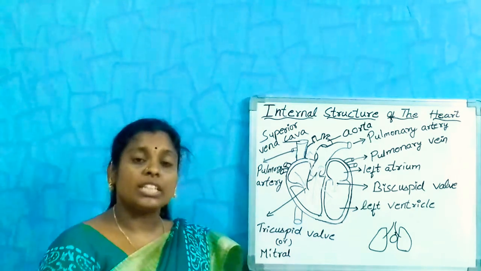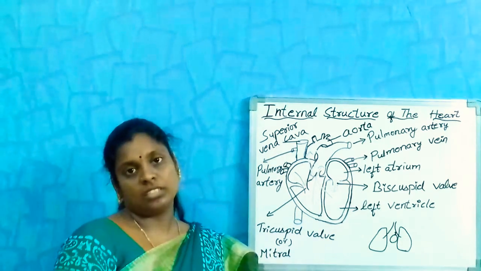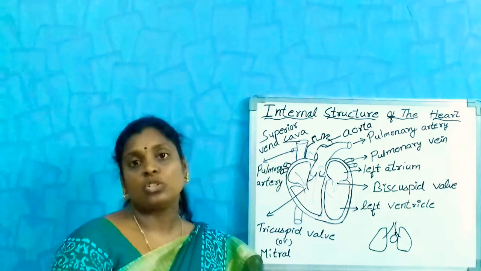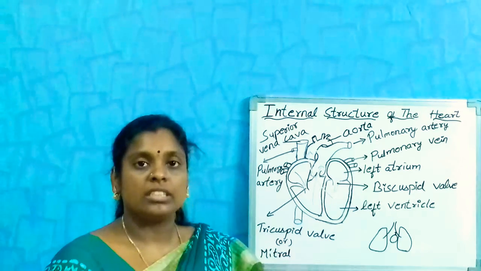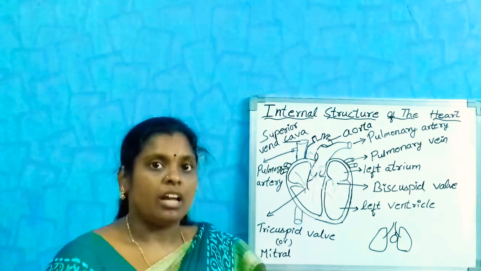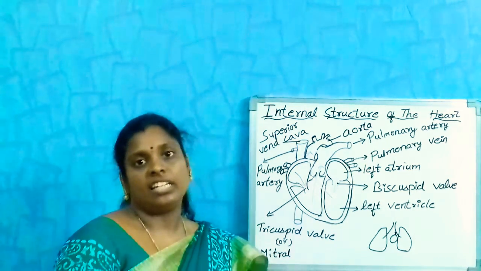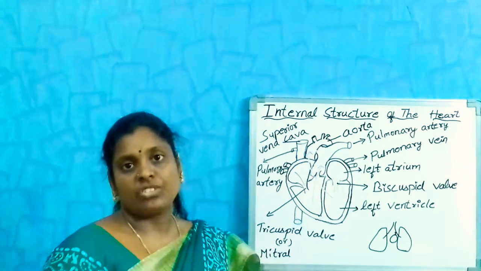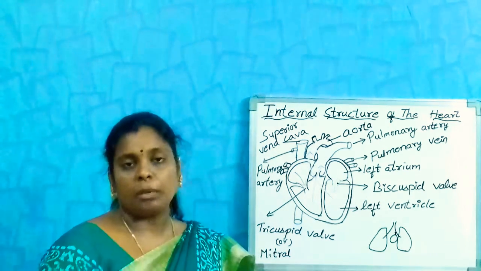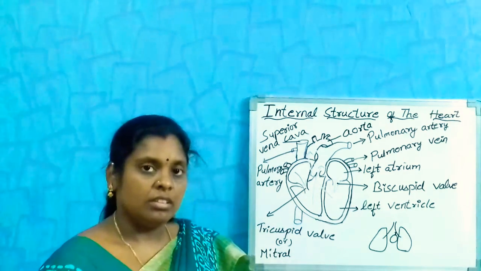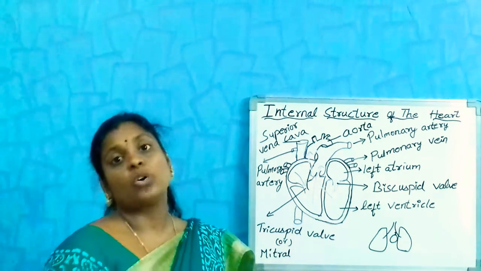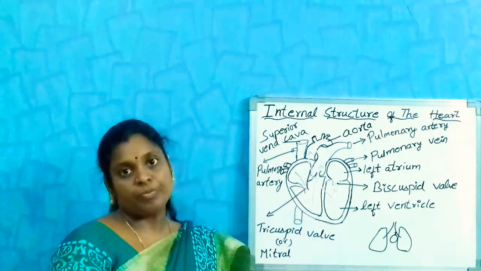If you want to see the internal structure of the heart, first of all we have to get a goat heart and cut it in the transverse section. Keep it in a tray. If you observe the outer structure of the heart,